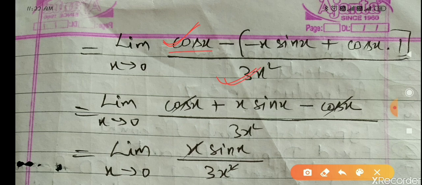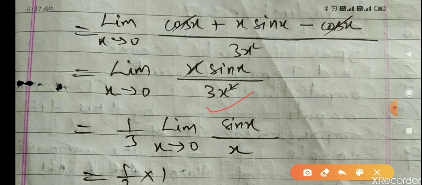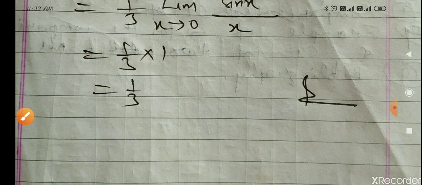So sin x differentiation is cos x, minus x same, differentiation of cos x is minus sin x, so minus x sin x will come, plus cos x. Same, differentiation of x is 1, and in the denominator, differentiation of 3x square. Now simplify: cos x plus x sin x minus cos x upon 3x square, cos x cancelled, x sin x upon 3x square, one x cancelled, 1 upon 3 before the limit x tends to 0, sin x upon x, its value again 1, you know very well. So you are getting 1 upon 3 into 1 equals 1 upon 3.